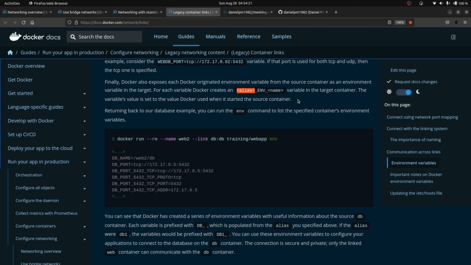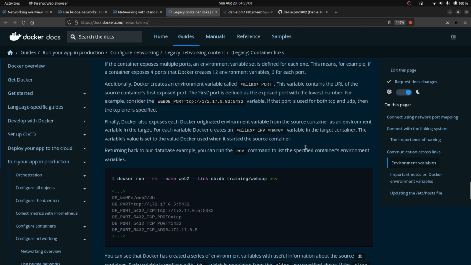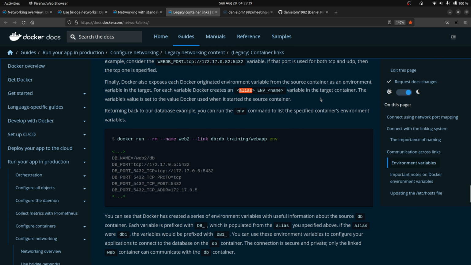So that's why the alias of the link connection is so important, because as you see here, automatically generated environment variables at the target will be created taking this alias name as part of the name of the new environment variables created at the target container from this data at the source. So if you, for example, change that alias after having set your whole web application for using those environment variables